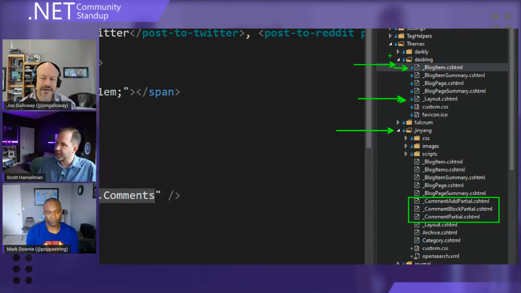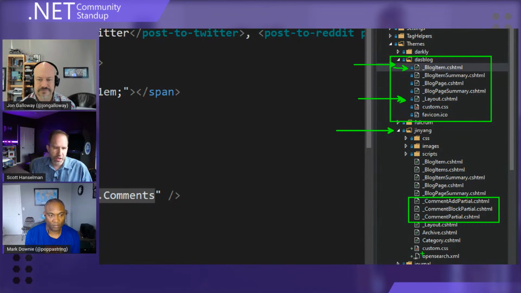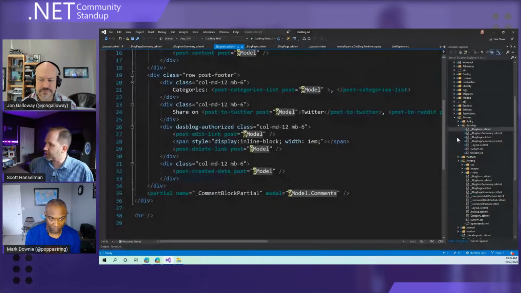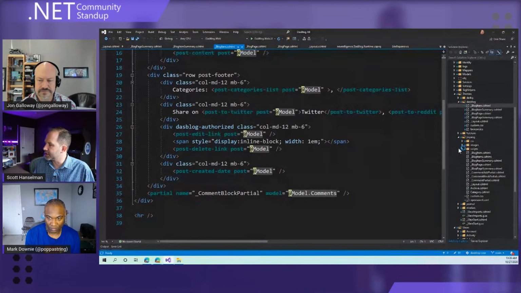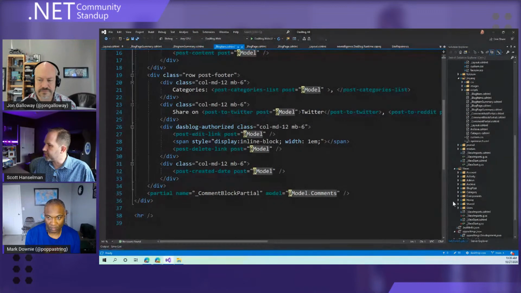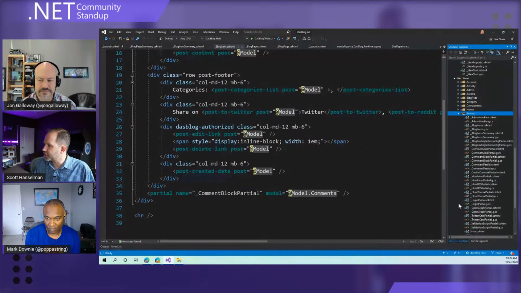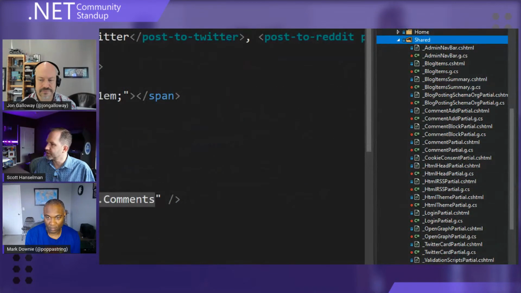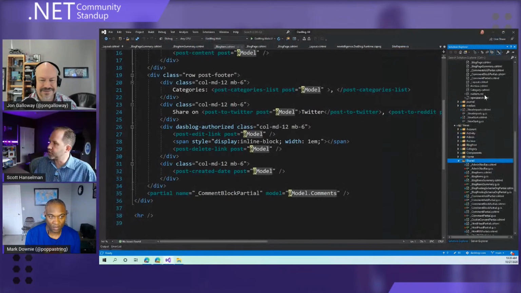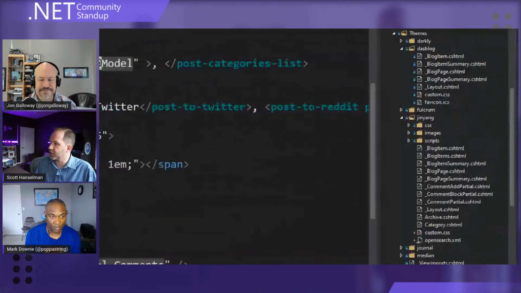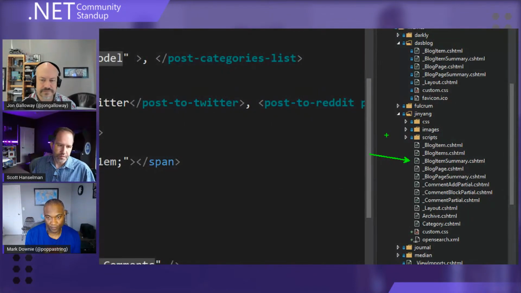So for example, you see that this theme has 5 Razor pages. My theme has like 15 or 20, right? So it does that by falling back, right? It uses the ASP.NET MVC style of shared views. So if you don't override a view, you get a free one. And if you want a different view, you just make one, and then it'll just pick up yours.